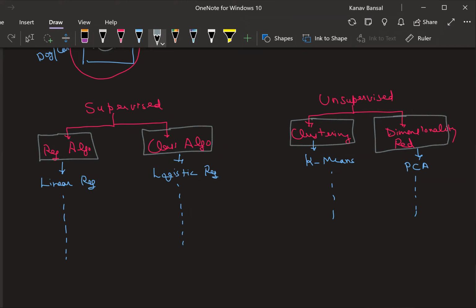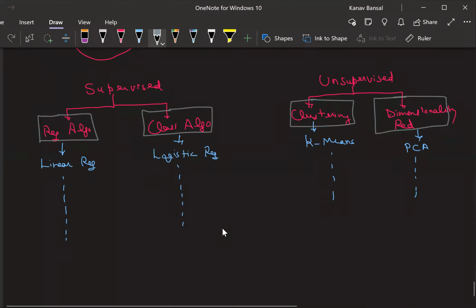Some of these come under statistics. Yes, Ashwini. All right, now let's try to understand a couple of things. PCA is principal component analysis. PCA full form is principal component analysis.